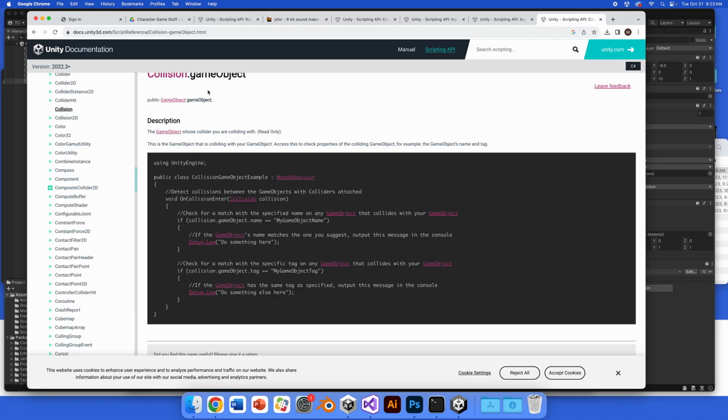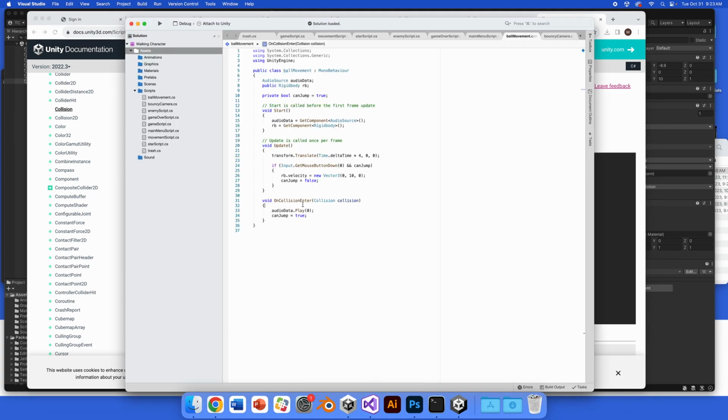Okay, now, so I went to Google. I searched up how to find out if you collide with something with a certain tag. So I'm gonna copy this, and in this on collision enter, we're gonna go ahead and add a new line of code in here. We're gonna say if the collision game object, if the tag equals, and we're gonna change this to enemy, we're gonna have to lose now, right? So let's just print lose